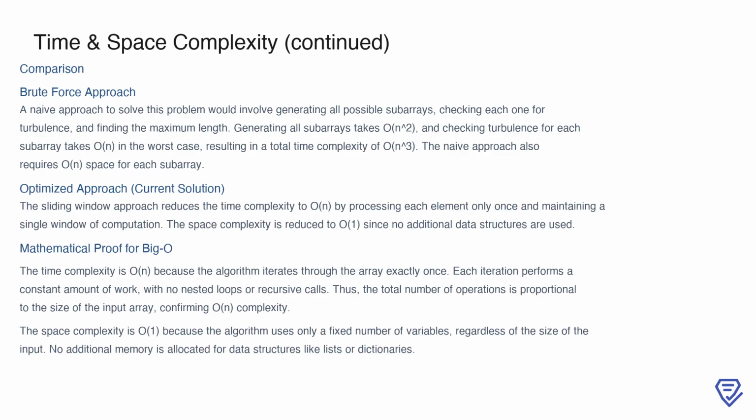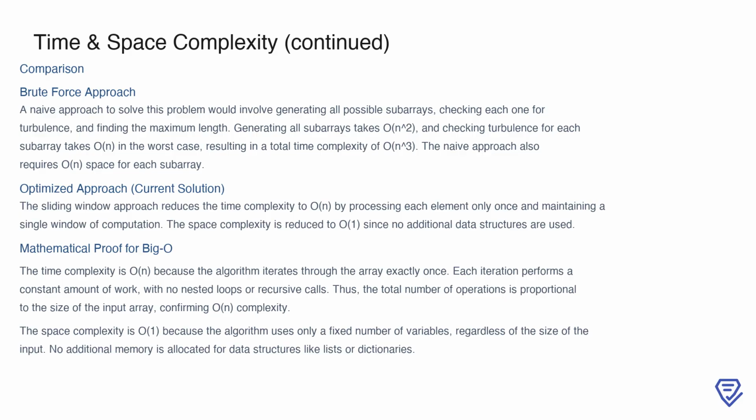In contrast, the optimized sliding window approach avoids generating subarrays entirely. It processes each element just once and maintains a single window for computation, reducing the time complexity to O(n). Furthermore, it efficiently tracks turbulence without requiring extra memory, resulting in a space complexity of O(1). By iterating through the array linearly and using only constant space, this solution achieves significant improvements in both time and